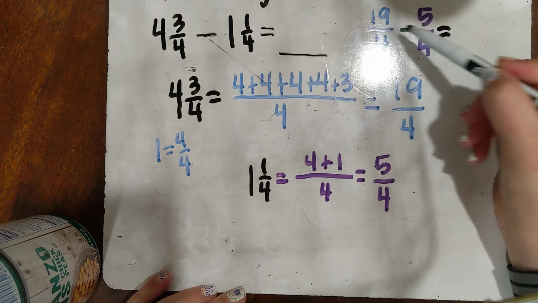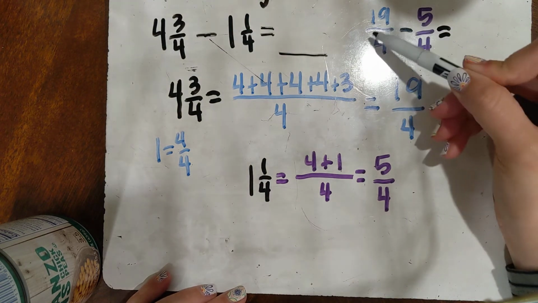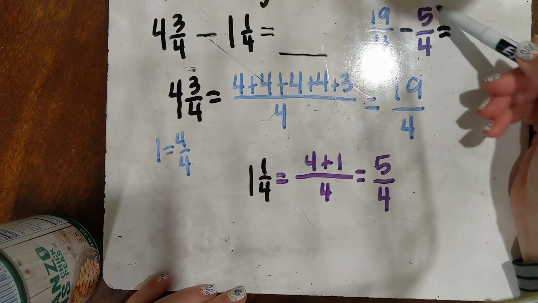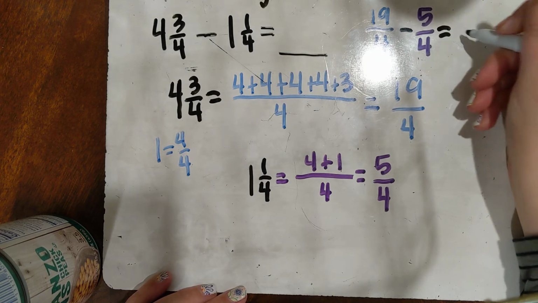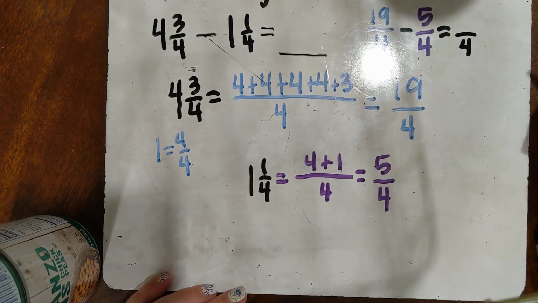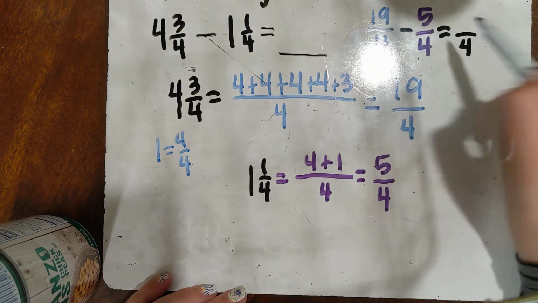When we subtract fractions, we do not change how big the pieces are, we just take away some of the fourths. So our denominator is not going to change. But 19 take away 5